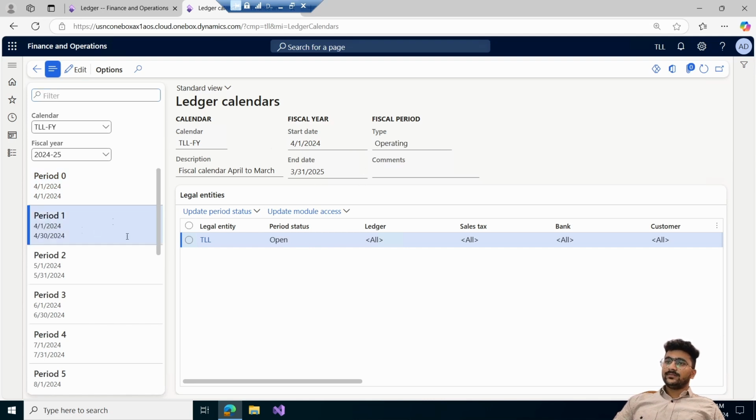For example, this is your period 1. Period 0 is used by system. This is your period 1. What is the use of period 1? It will be your starting month, means first month of the year. Now, since this first month is completed, for example, first month is completed and you want to control your